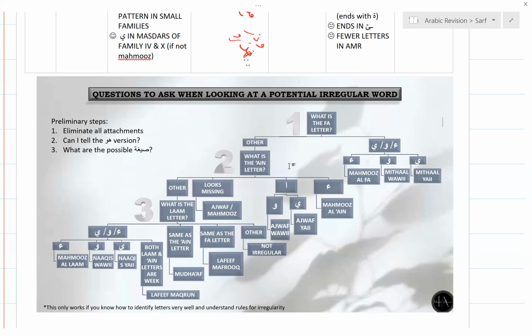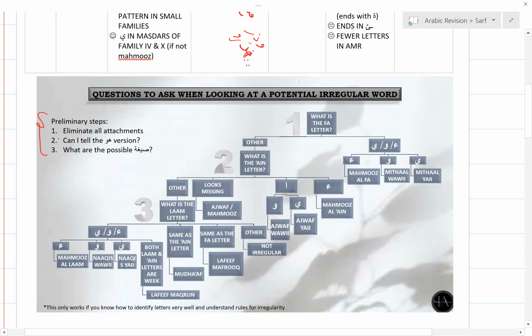So you go back to the huwa version if you can. If it's not a fi'l and there's no huwa version, I'm looking at an ism, so what kind of ism is it? Is it ism fa'il? Is it ism maf'ul? Is it ism ala? And we talked about the different ways of identifying these different isms. Like if it has a mi beginning, a mu beginning, a ma beginning, or it's just a random word. Mostly masdars are going to be just random and weird like that. So you first go through these 3 processes.